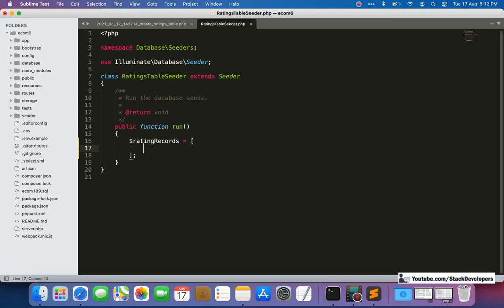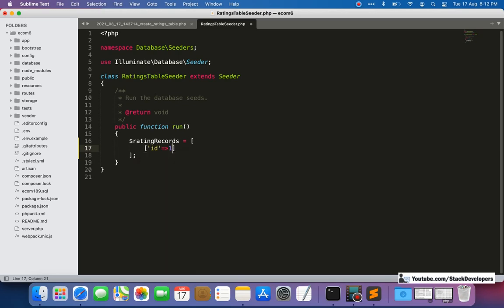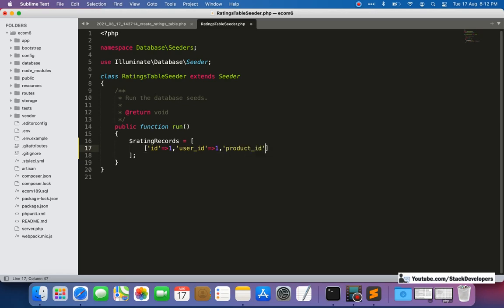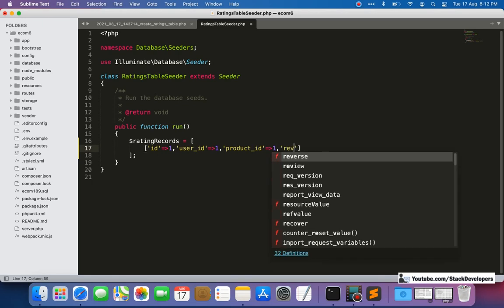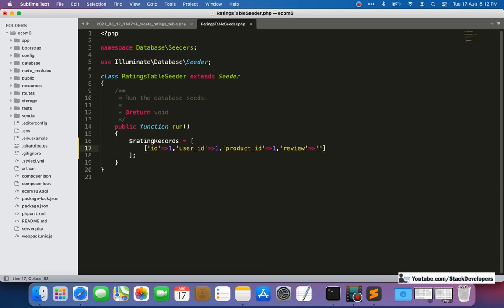All the columns we are going to add here. The first one is the id, which will be 1. The second one is the user id, we can take user id as 1 only. Then product id we can also take as 1. Then for the review we can give something like "very good product".